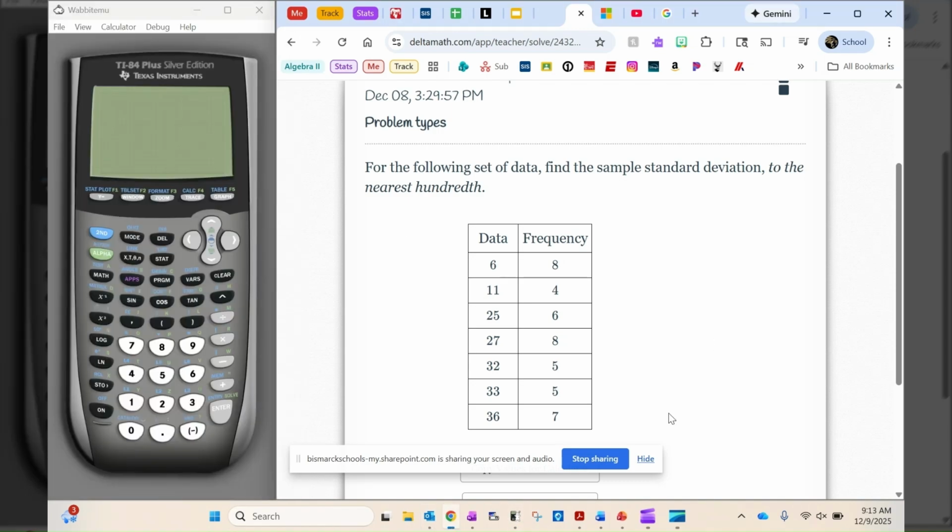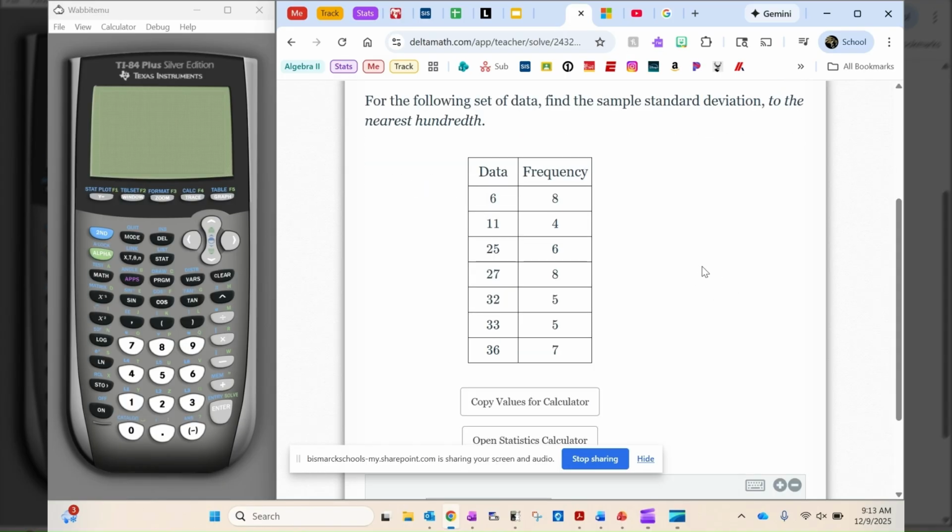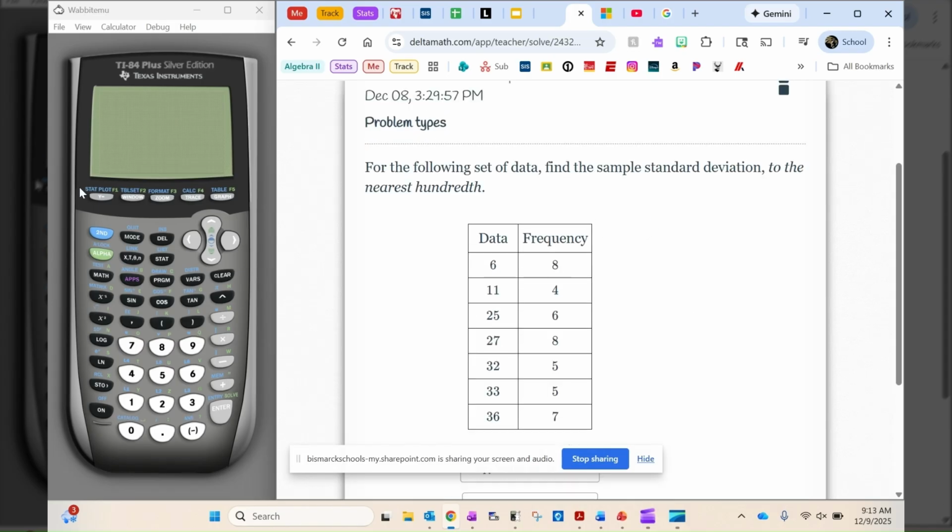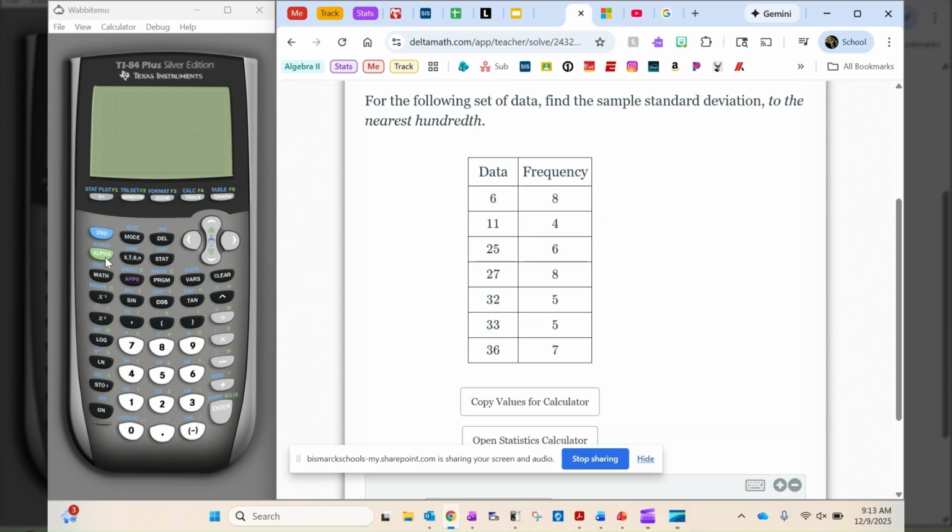Hey guys, today we are going to expand on our knowledge of finding standard deviation. Previously, we'd go to our calculator,